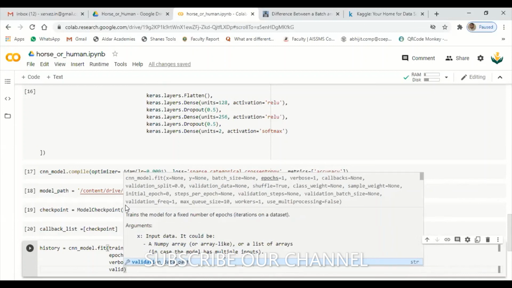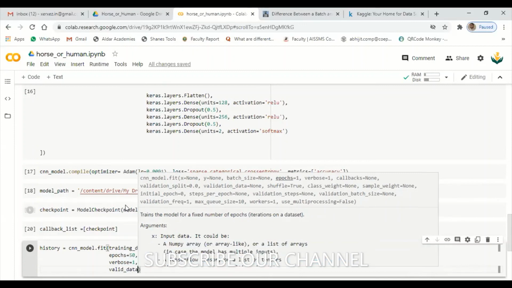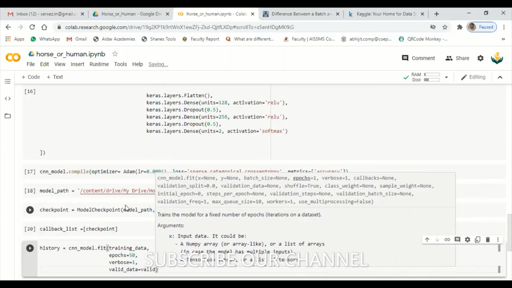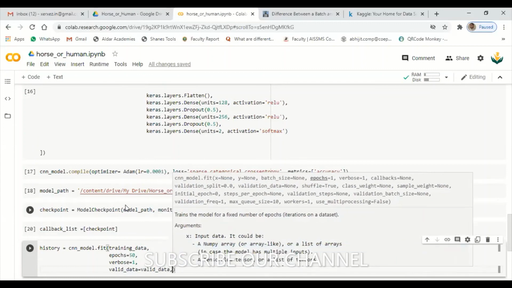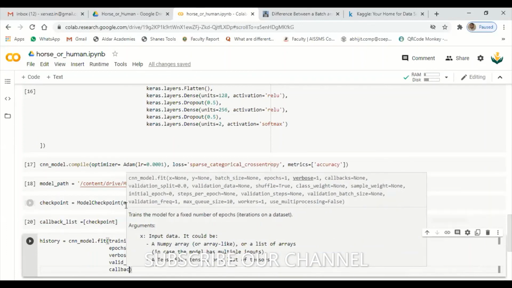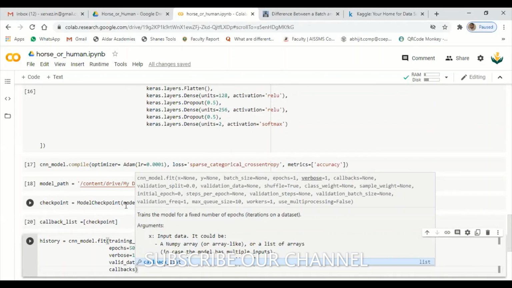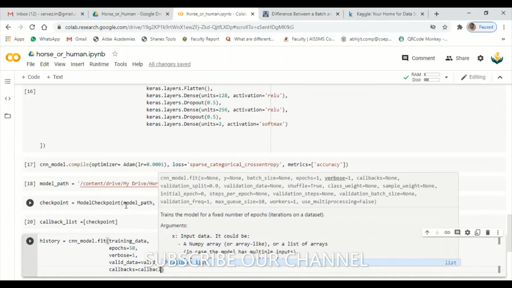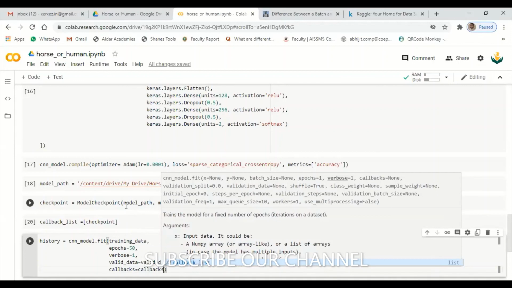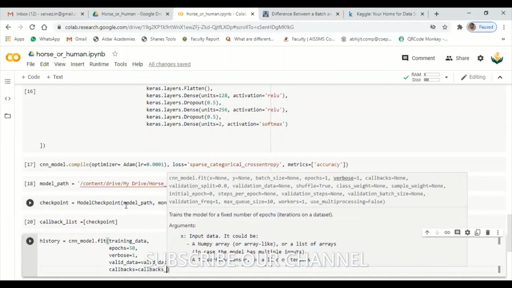Valid data is equal to valid underscore data. Next is callbacks. Callbacks equals to callbacks underscore list. This is it.